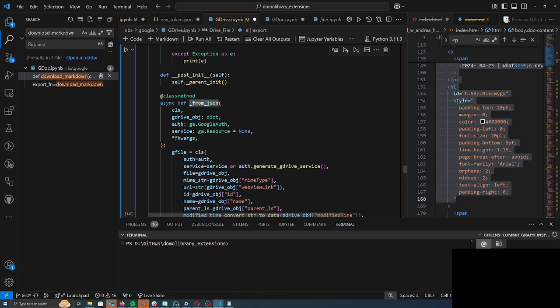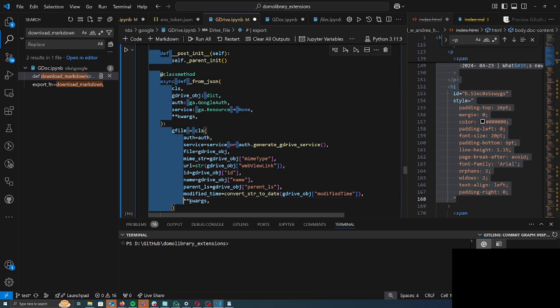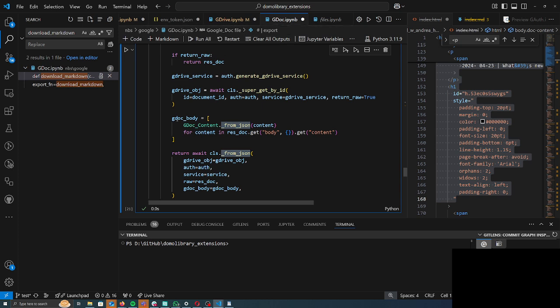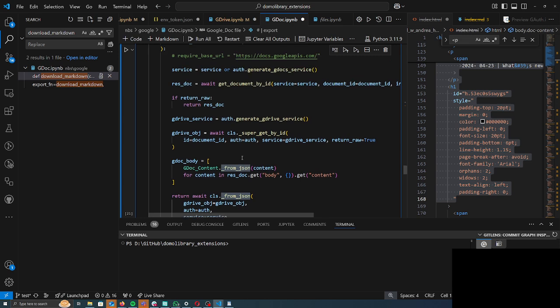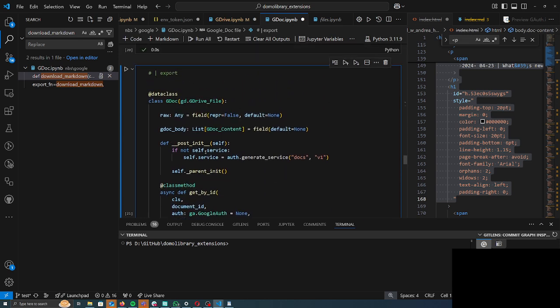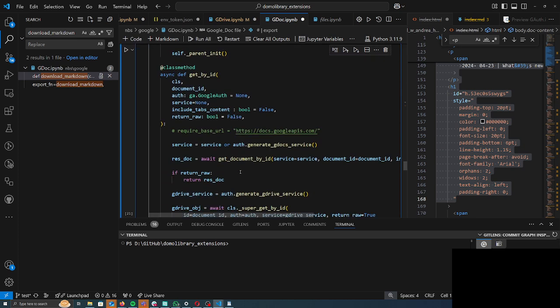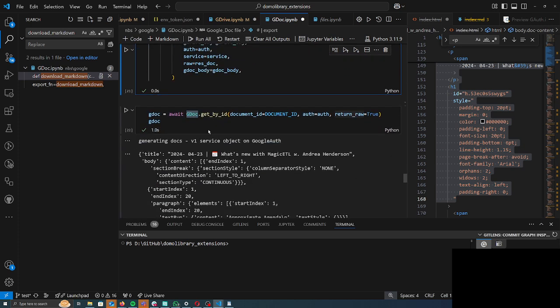It's got Google Docs specific stuff. This is a Google Folder thing. It's got Google Folder specific stuff. And so I'm passing in kwargs. And so then it says, hey, I'm expecting you to pass in GDoc body into my from JSON. And GDoc body is a parameter of the GDoc. So if I set this to false,